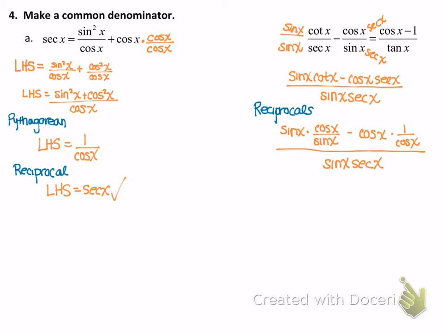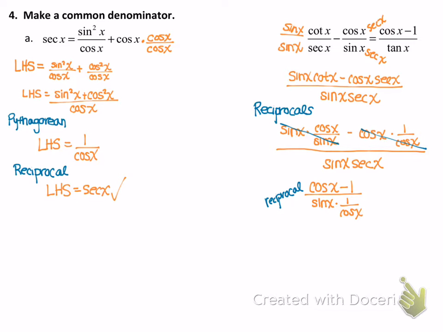And then we can simplify now, because we have sine divided by sine and cosine divided by cosine. So after we simplify, we have cosine of x minus 1 all over. Okay, so right now what I'm also going to do is another reciprocal in my denominator. So now I'm going to have sine x times 1 over cosine x. Well, it doesn't help me cancel anything out, but